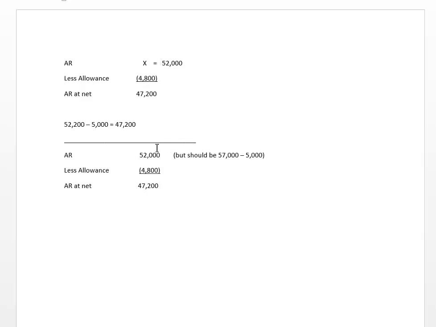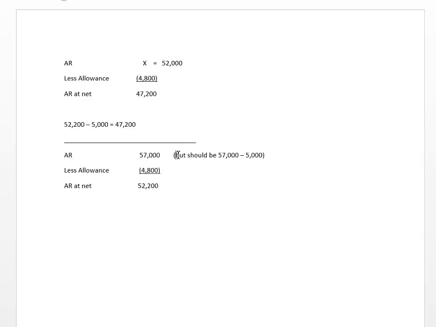Some students did it differently. Some students said, well, wait a minute. So if we go down here, some students might have said, well, wait, we know that we have $52,200 at net. So if I subtract $4,800 from some number, I'm going to get that $52,200. So what would that number have been? $57,000. But we know that in that balance, there's $5,000 that we can't include because it included receivables on consignment